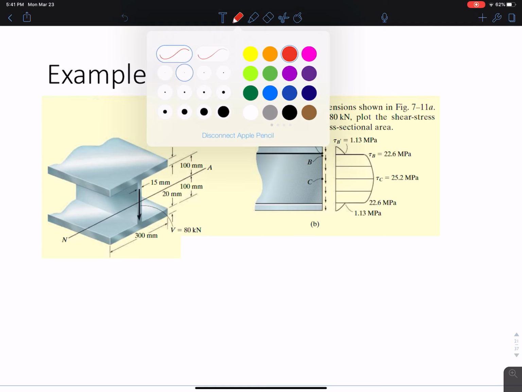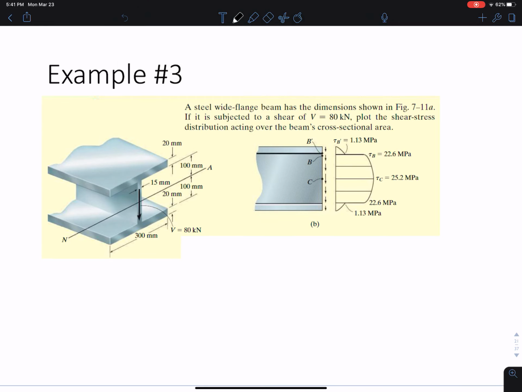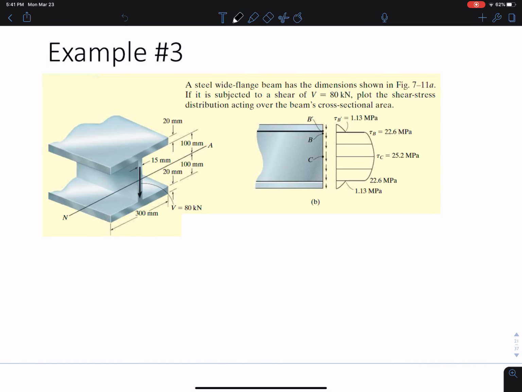All right, guys, so we're going to pick up right where we left off in the last video and go ahead and attempt example 3. What's happening here is we have a steel wide flange beam with the dimensions that are given, this cross section right here. And this is the same thing as an I-beam. If it's subjected to a shear of 80 kilonewtons, plot the shear stress distribution acting over the beam's cross-sectional